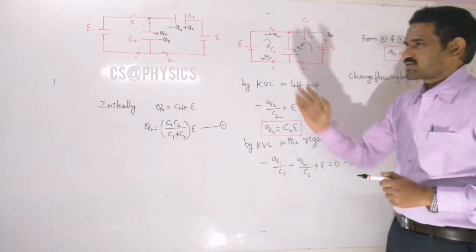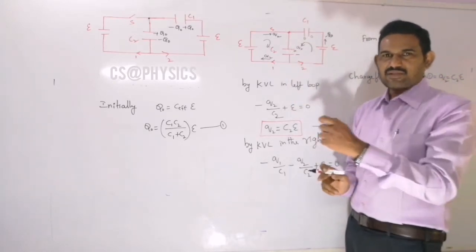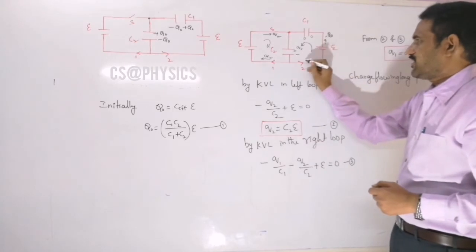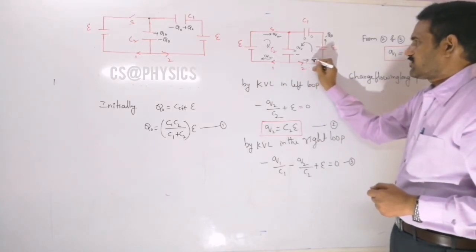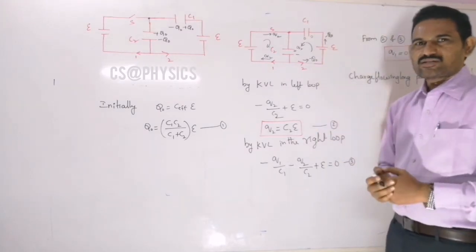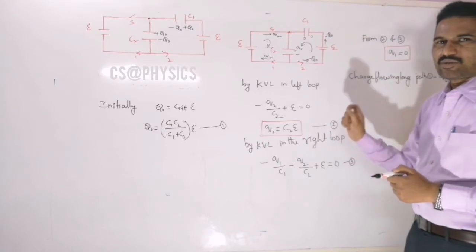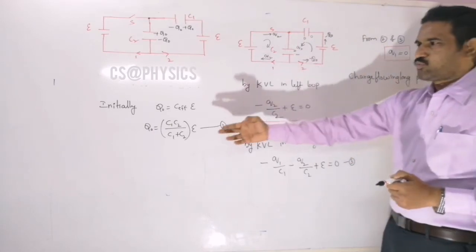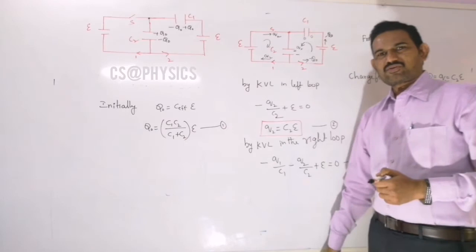That is nothing but the concept we are writing for this first path here, right? In a similar way you can conclude that the charge flowing along this direction will be minus Q naught. Is it clear? So that is nothing but our answer now. The charge flowing along that path will be minus Q naught. That Q naught is given by this expression here.